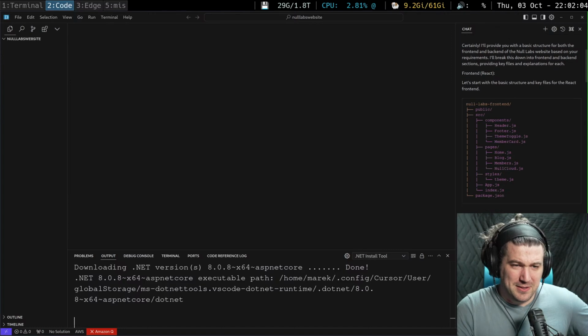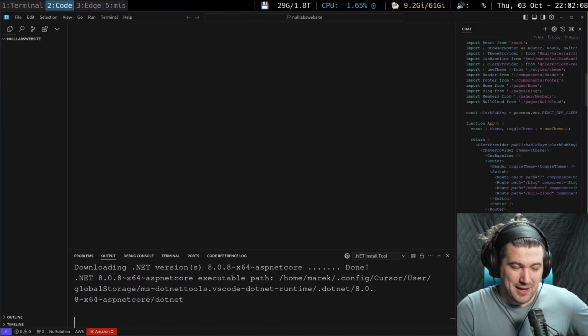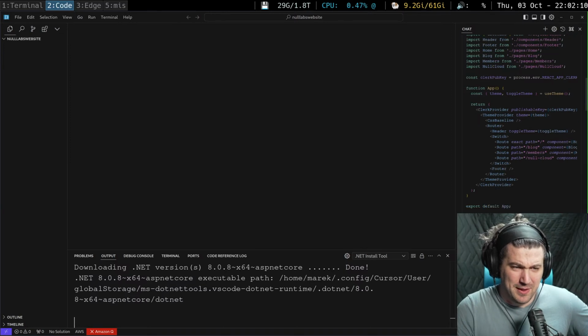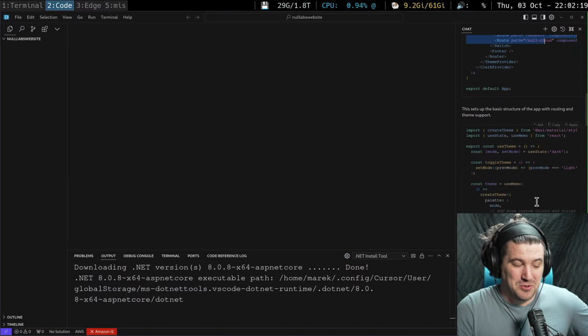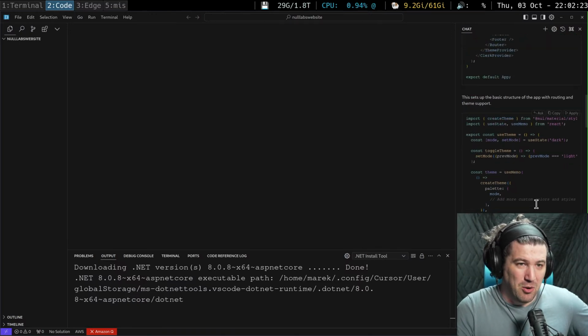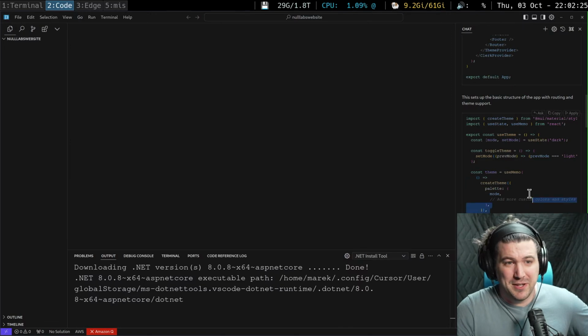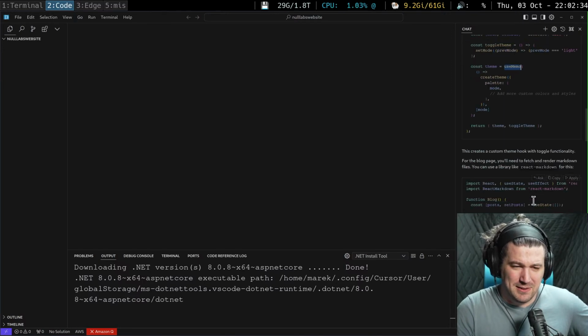All right, now let's go through some key files. You know, I don't care as long as it builds, right? It looks like the basic structure with very basic routes. Fine. I haven't used React in a couple of years now. I've gone in and updated things, but I haven't made a base product. Oh, yeah. useMemo. Fantastic. That's what you like to see right off the bat.